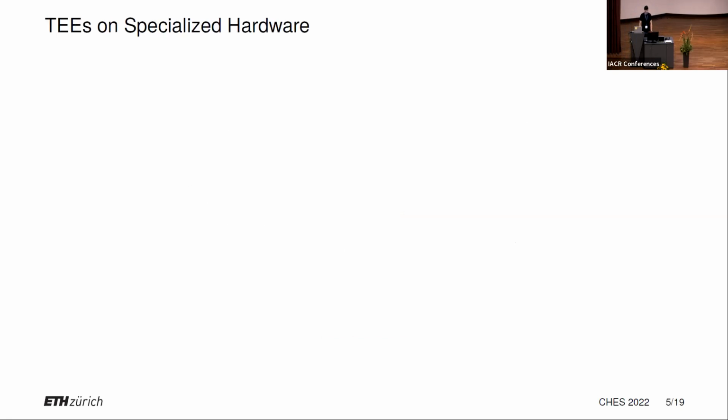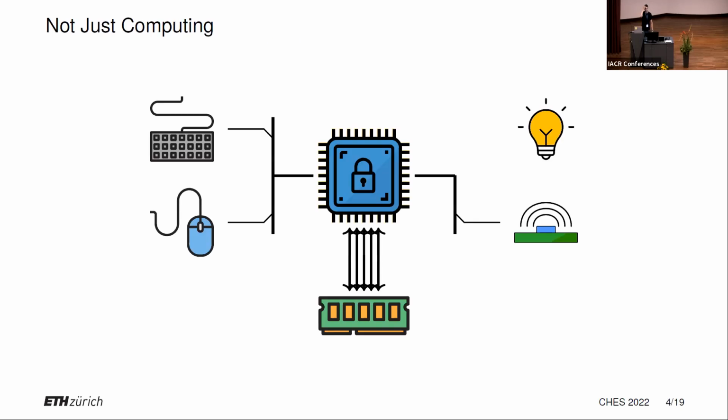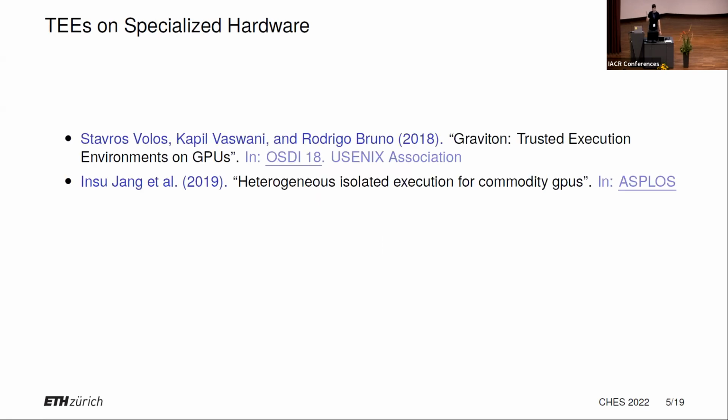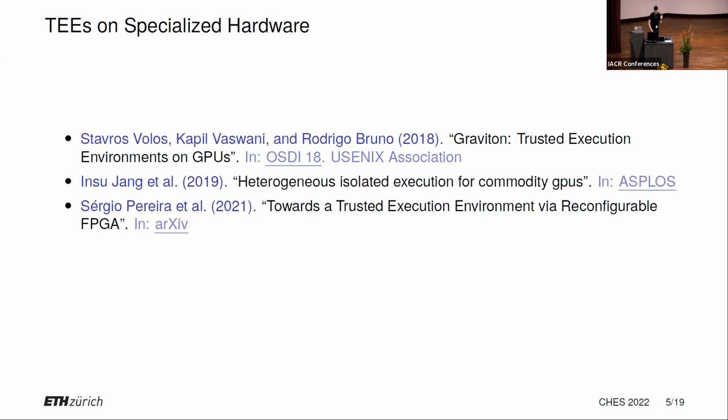Now, one thing we did to build all of our stuff is that we said, okay, let's assume we have trusted execution environments. We heard in the talk before what these are. So let's assume we have these systems on all of our devices: one on the processor, one on the GPU, the network card, all sensors, and so on. Now, this is not new. People have been doing this in academia. There have been people that did this on GPUs, people that did this with FPGAs, and many more. And now NVIDIA is also doing this on actual commercial devices. I'm not sure if you can buy it right now, but they announced it a year ago or something.